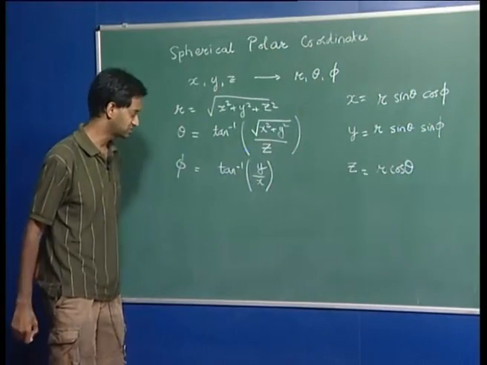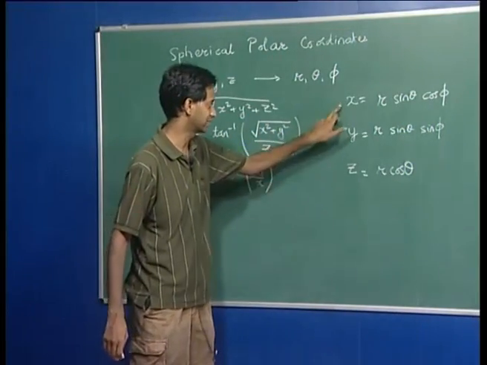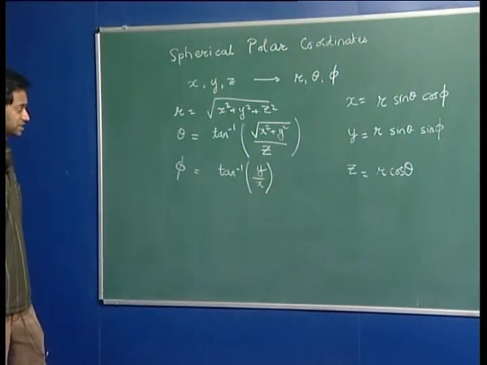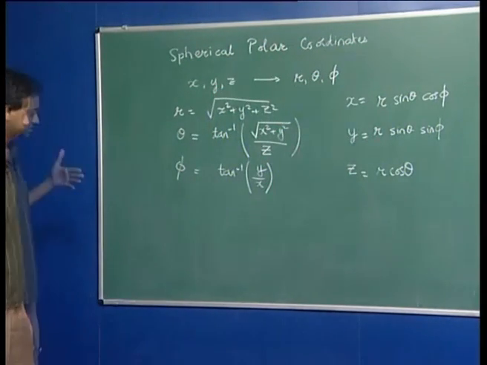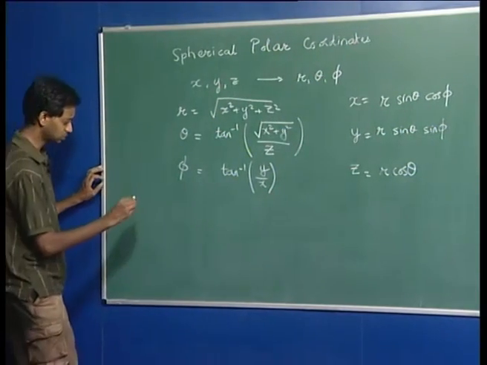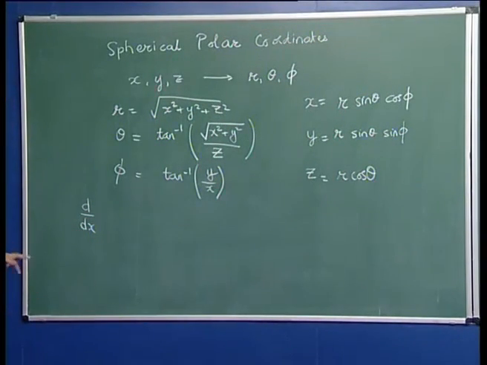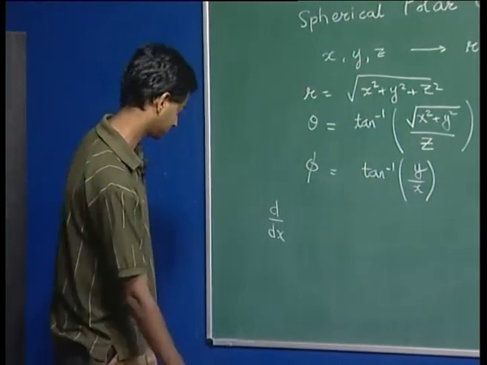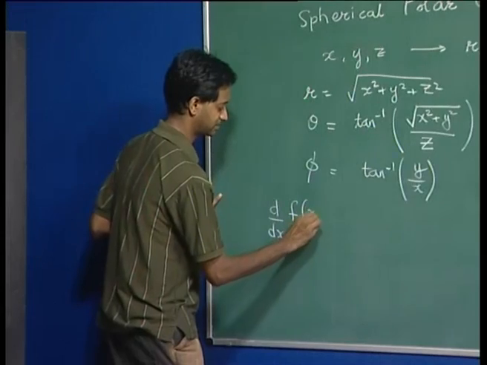And one set of transformations that you will do will involve writing derivatives with respect to x, y, z in terms of derivatives with respect to r, theta, phi. So, I just want to briefly mention how you will do this transformation. This is the usual calculus of any variables, okay, and I want to emphasize that when you do this transformation you have to be careful how you do it. So suppose I have d by dx and I want to write it in terms of derivatives with respect to r, derivatives with respect to theta and derivatives with respect to phi. Okay. Now, I will be taking d by dx of some function, and the function can be a function of